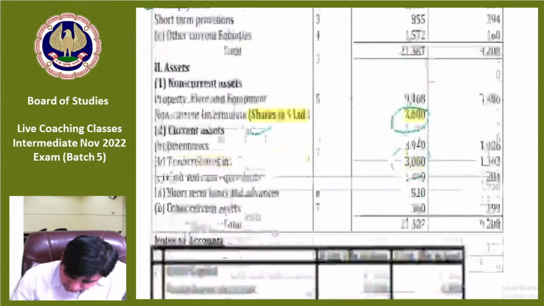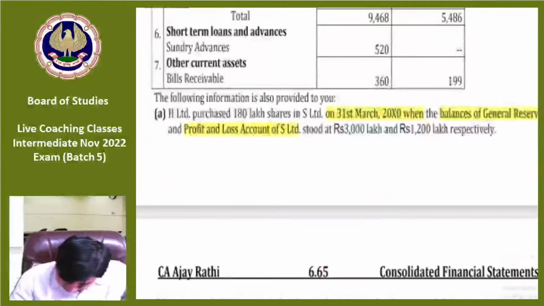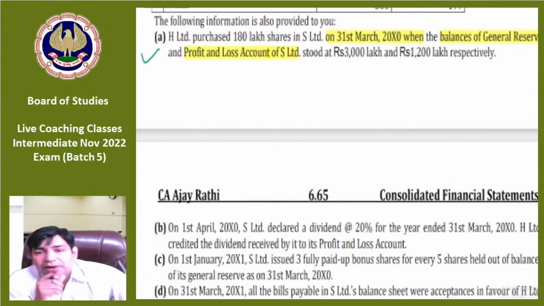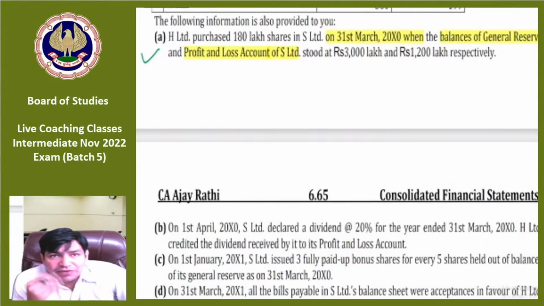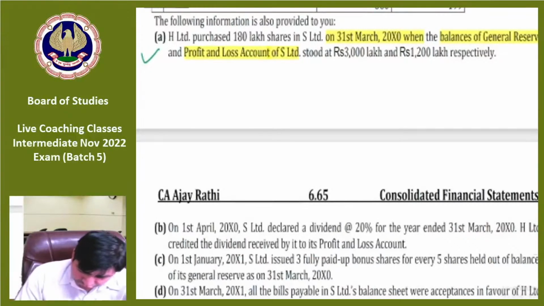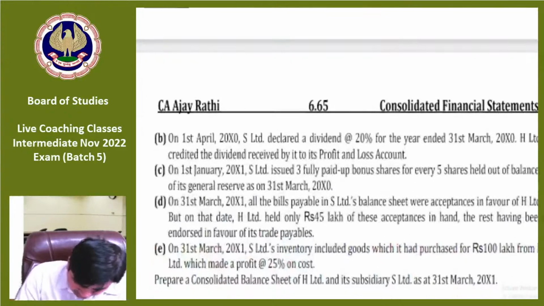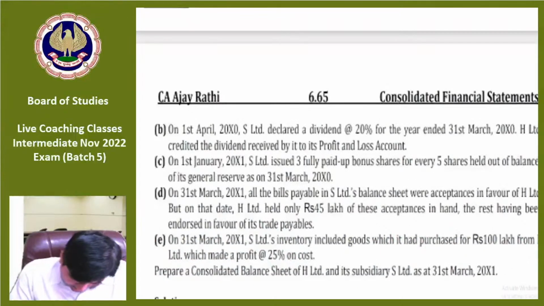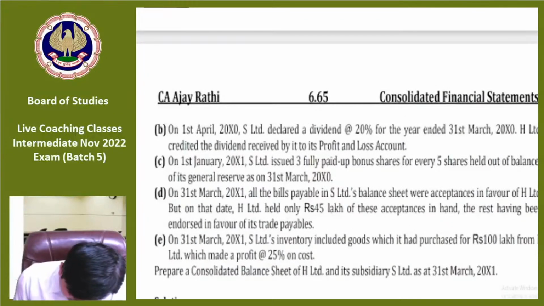Okay, now moving to the next part of the question. Please solve the question slowly. So we have completed the first part, A point. Now we are moving to the next part, and whatever the question is saying has to be mentioned on the graph. Okay, beta. See, on 1st April 2000,